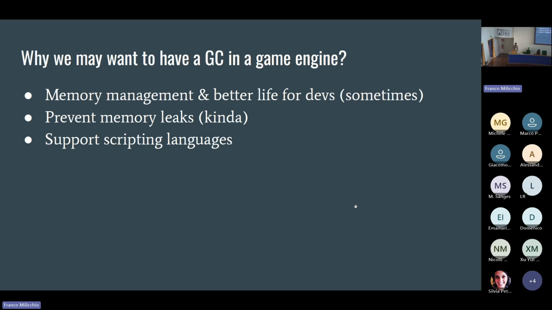We'll see that in a moment. And also, the GC helps you support scripting languages, such as the Blueprint scripting in Unreal. It wouldn't be possible without the GC.